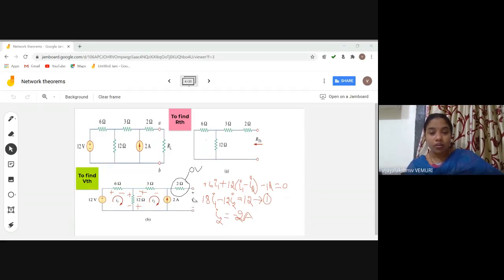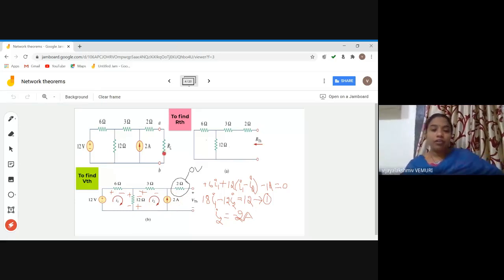If you observe, open circuiting these two terminals means whenever it is opened, there is an open path. Will the current flow through this 2 ohms resistor? The current will not flow through this 2 ohms resistor. That means there is no voltage drop. Whenever there is no voltage drop, voltage is 0, we will not consider this 2 ohms to find V Thevenin. Then what is the other go? This positive is connected to this current source, negative is connected to the other end of the current source. So the voltage across the open circuited terminals is nothing but the voltage across this 2 amps source.